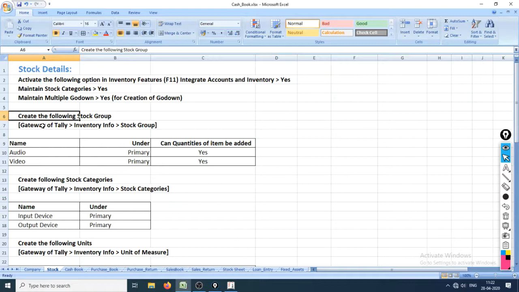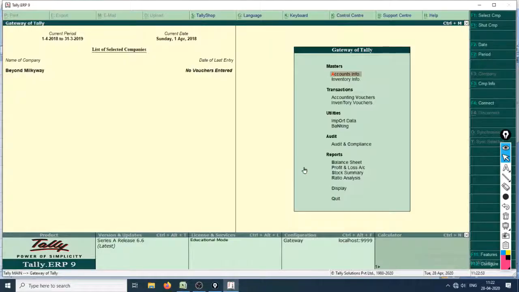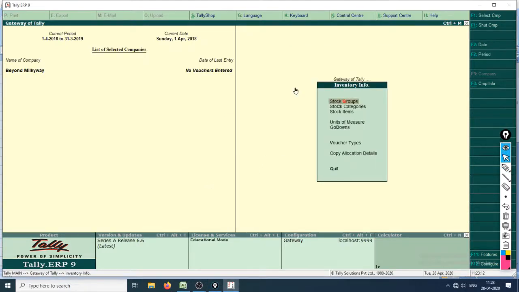The second point right here is create the following stock groups. So this is the first time that we are creating a stock group, and the stock group is created by Inventory Info only, hence I. Okay, I'll hit I. Stock groups, G, the first one right here.